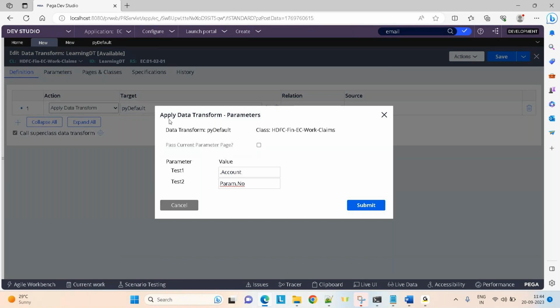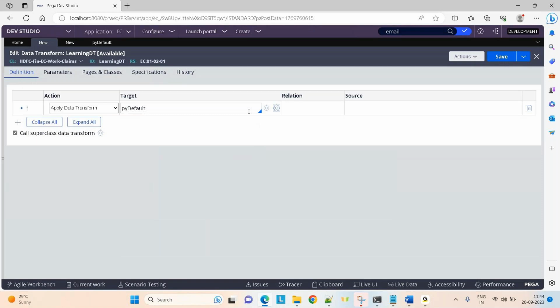Okay, this is also very important. How can you pass parameters to another data transform? Please remember that there is a wrench icon at the end, and if you click on it, you can pass the parameters. This is very important from interview point of view. Okay, this method and how do you pass parameters. Next,